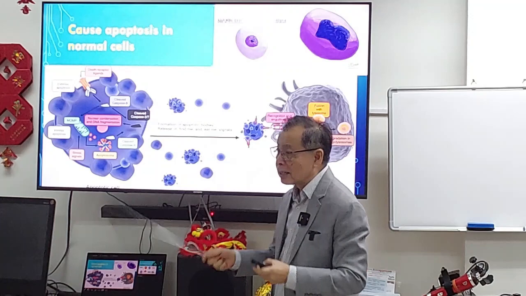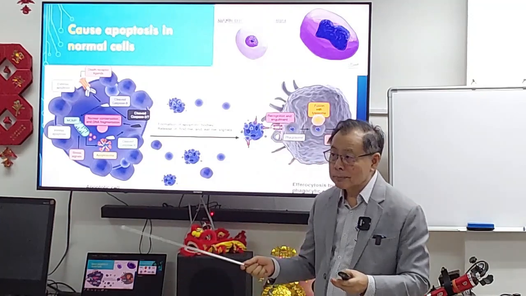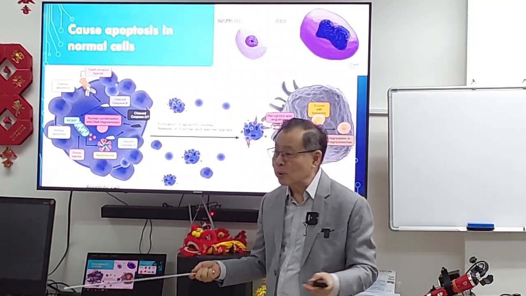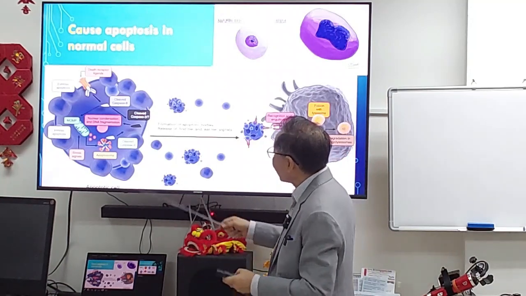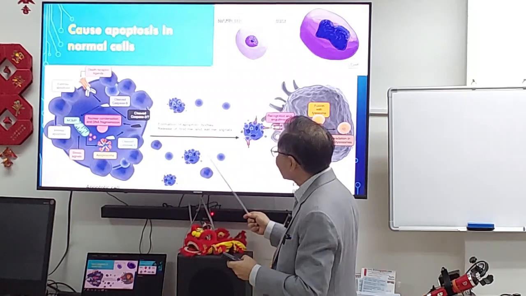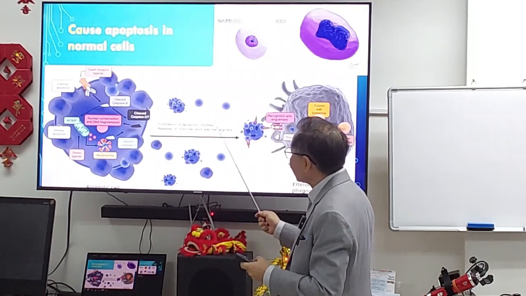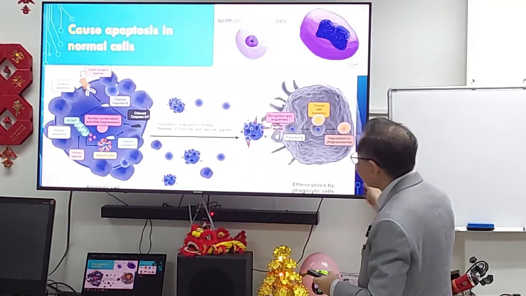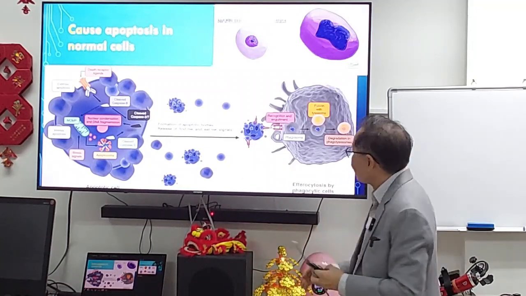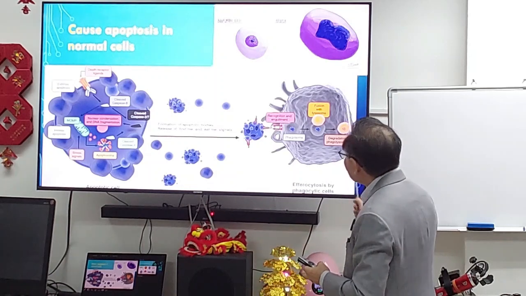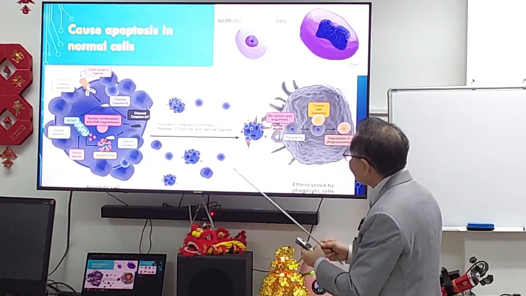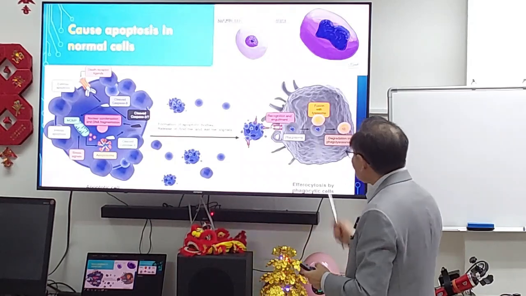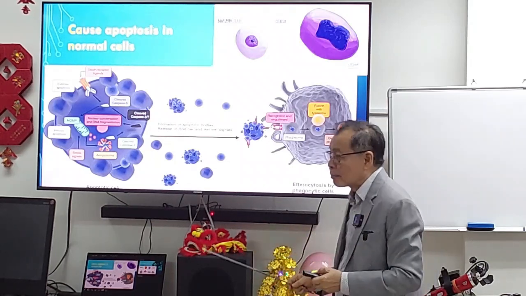So all cells have a shelf life. Some cells have a shorter life. The longest are blood cells, which is about 120 days. After that period, they are broken down into fragments, and these fragments carry signals that say, find me, eat me. And they'll be engulfed by white blood cells that are big enough, that have the property of engulfing all these waste products, digesting them and removing them from the body.